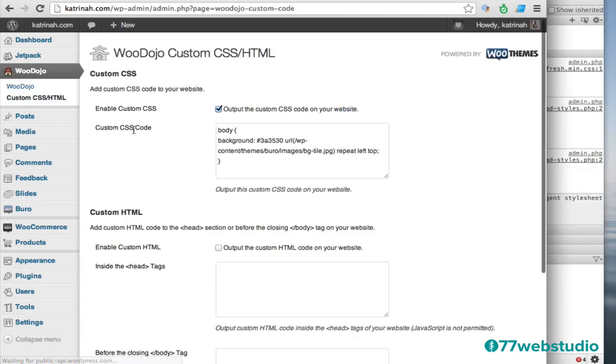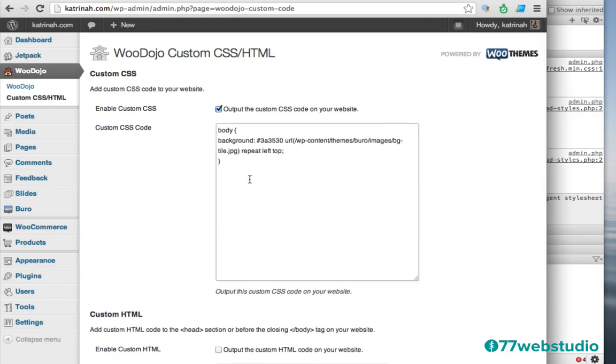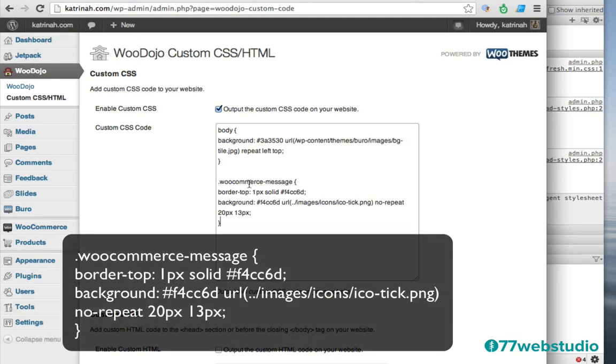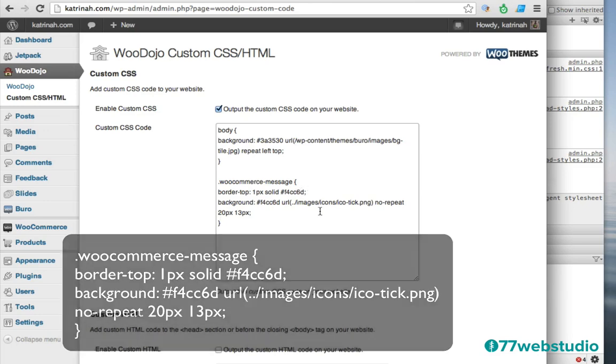And then I'm going to add this custom CSS code to the code I've already added previously. So I'm just going to drag that down a little bit and place the cursor where I want to add the code. And because I just copied it, I'm just going to paste it right here. So this is the code that I want to change, and I will be including this in the video if you can't see this. No worries, I'll make sure that you have this if you want to include this as well.